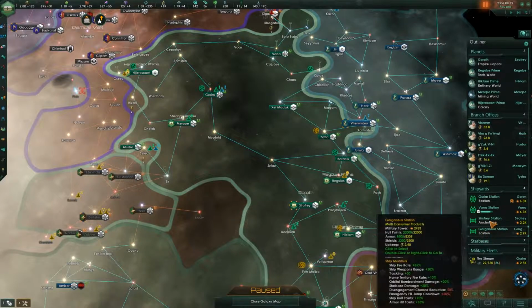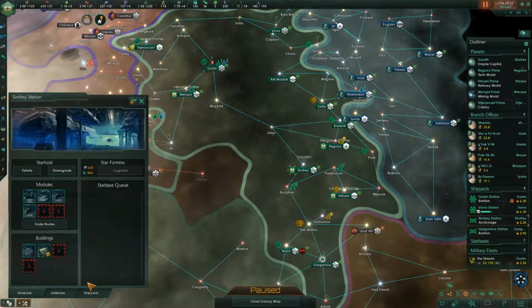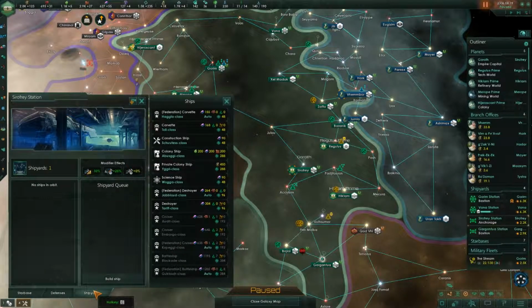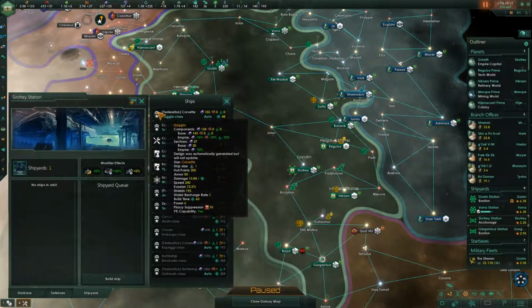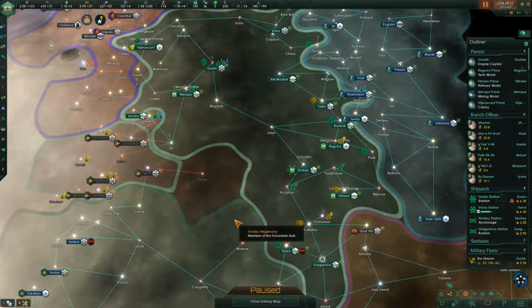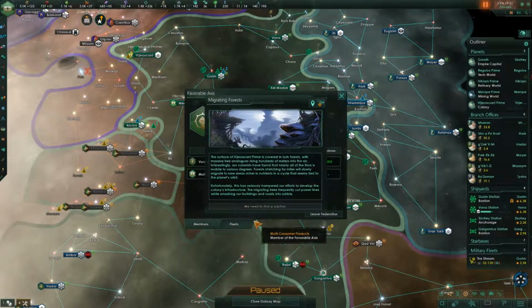All right, well, let's pop into Sierra Station here. And get ourselves... we are trying to save, though. But a colony ship isn't that expensive, I guess. They want to be patient on that. But it's definitely something we could do. And it would increase our...